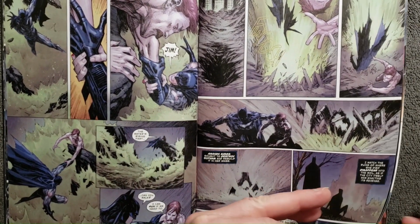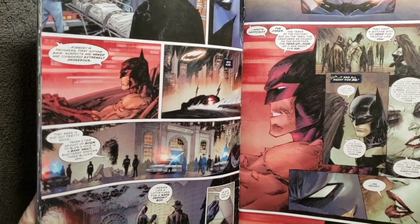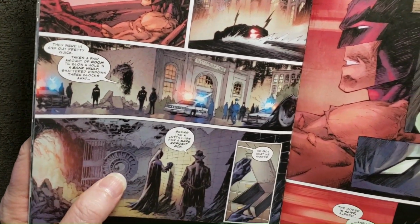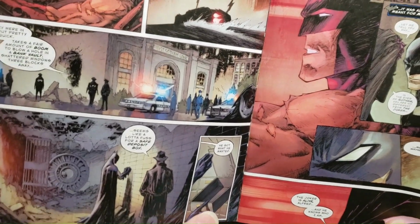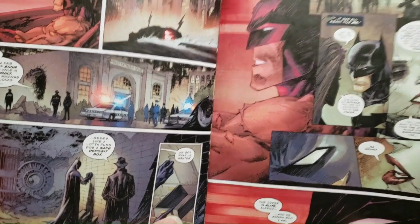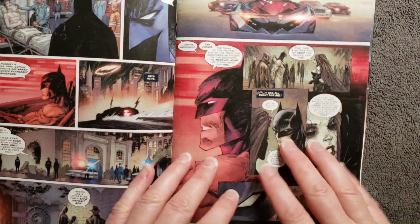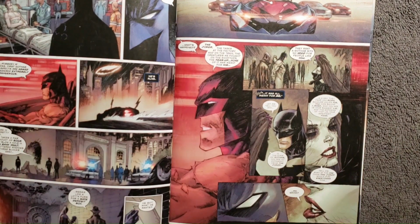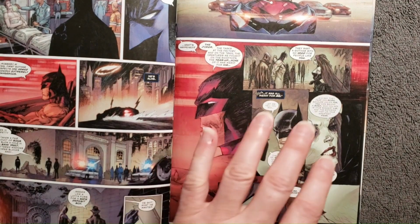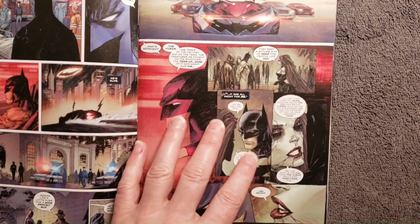Now, afterwards, Batman responds to a bank robbery. Someone has broken into a bank and stolen the contents of a safe deposit box. That's what the key was for. And then we learn that the contents of the box were documents that show Bruce Wayne as Batman, basically revealing his secret identity. Apparently Amanda, and honestly, this is the one weak part of the story, I'm not